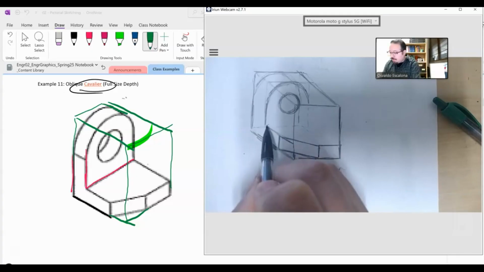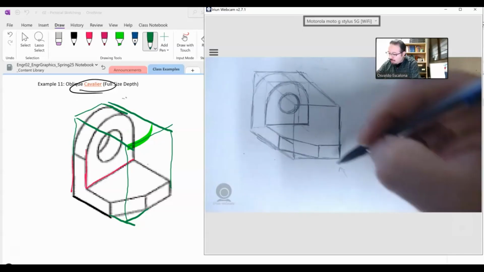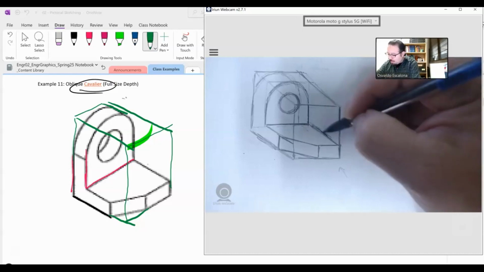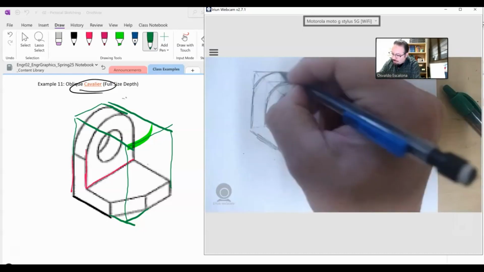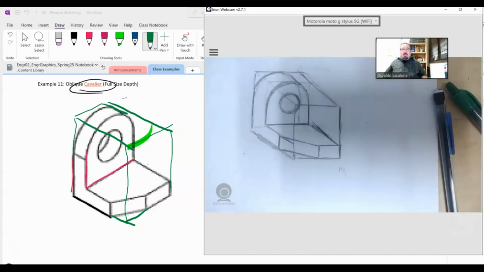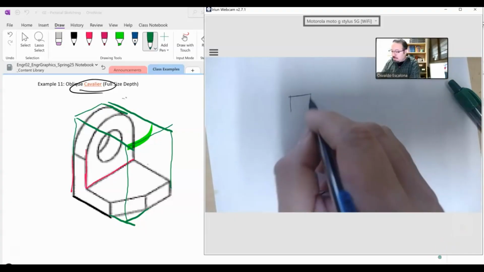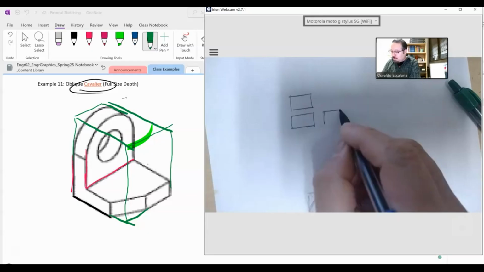This guy will be true size. Like anything that is parallel is a true size. And then come back, boom, boom, boom. Okay, not too bad. So anything that you were to do in an isometric view that goes at 30 degrees sideways, if you were to do your top, your front, your side view,